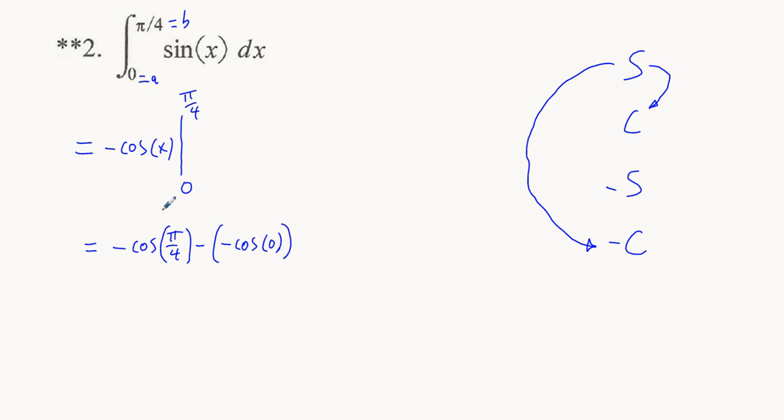And so this is going to be big F of b, and this to the right is going to be big F of a. And continuing to work below, we have negative, and what is the cosine of pi over